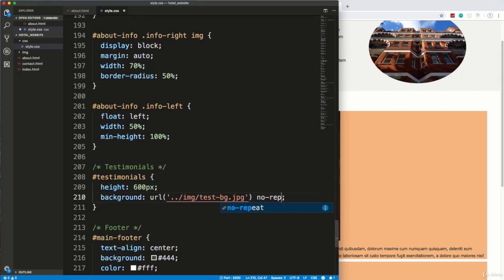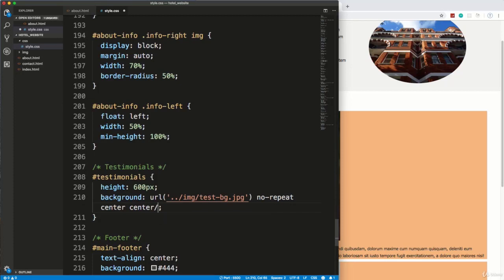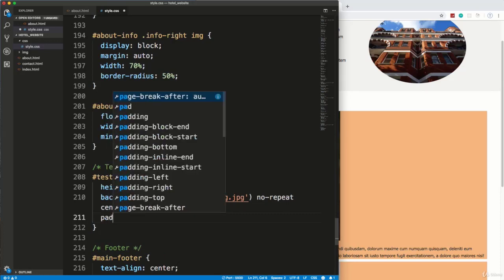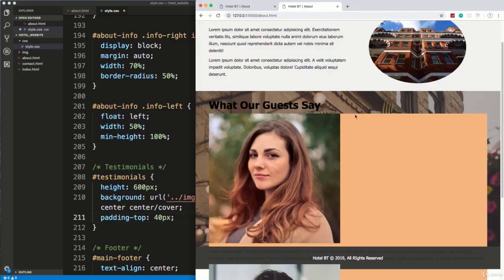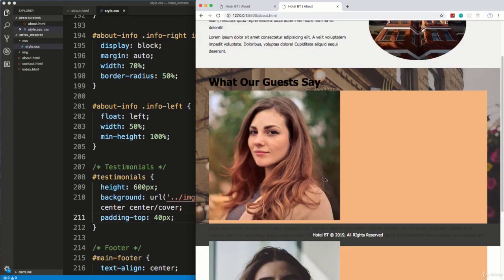Okay, we don't want it to repeat. We'll do center/cover. We want the whole image to show. And then let's do a padding top of 40 pixels just to push the heading and all this stuff down right here. All right, so this is the testimonials 600 pixels area, and as you can see, everything is busting out,